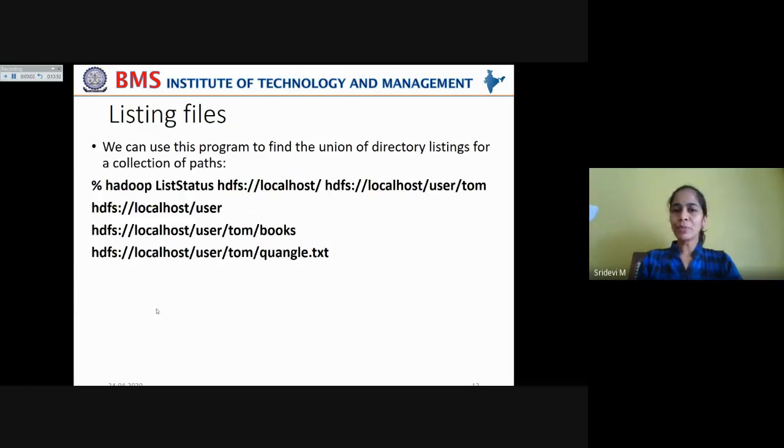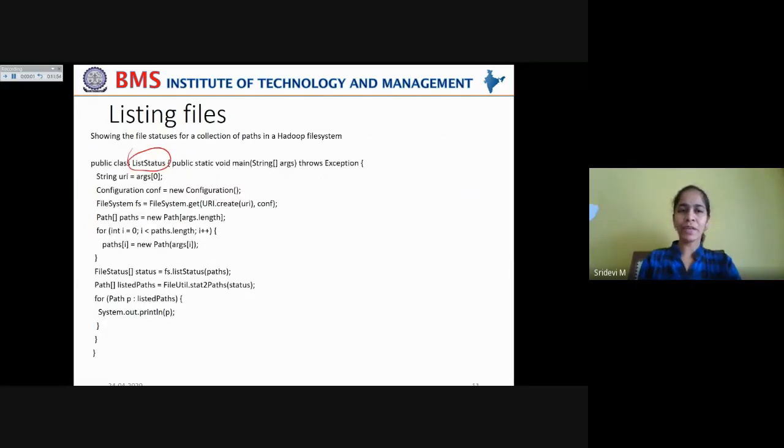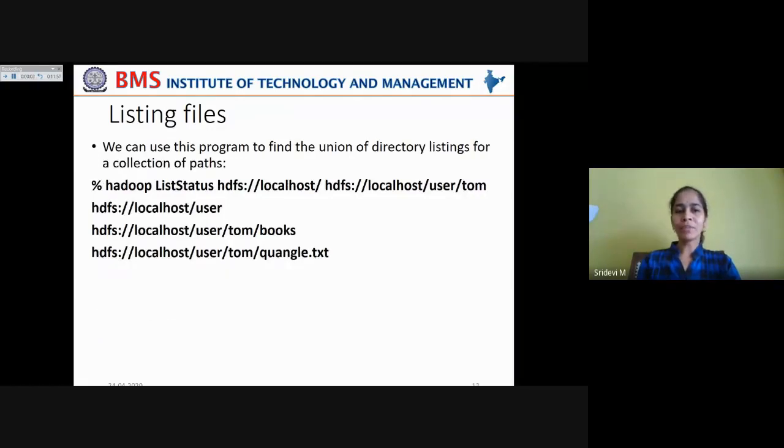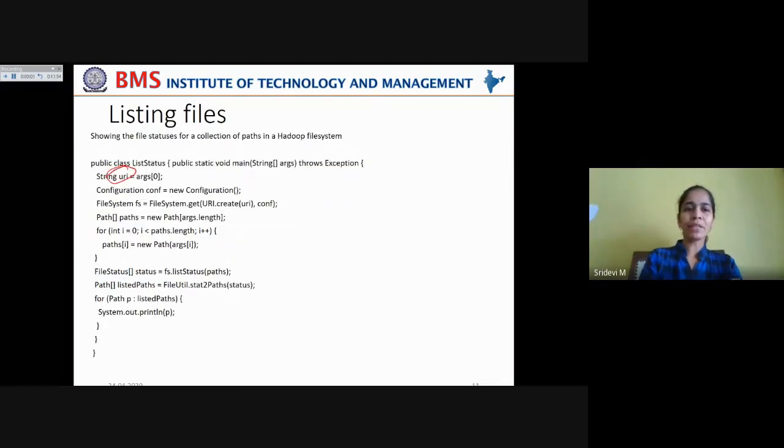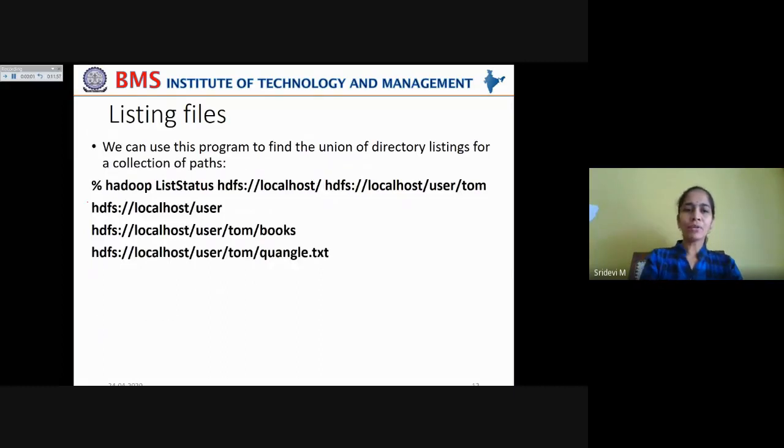Okay, now we can use this program to find the union of directory listings for a collection of paths. That means you are getting the combination of all the directory listings for a collection of paths. Now we are invoking this ListStatus class by using the Hadoop command, % hadoop ListStatus, and you are passing this original file, which will be taken into this URI, and also you want the details of all the files mentioned in this path array.